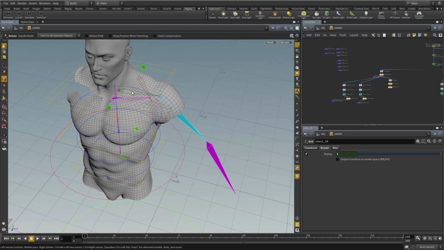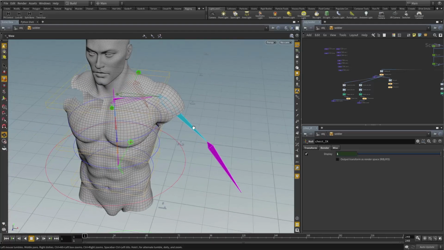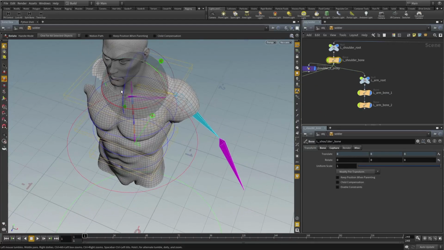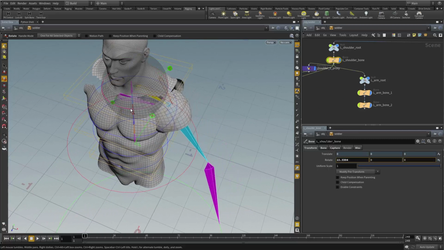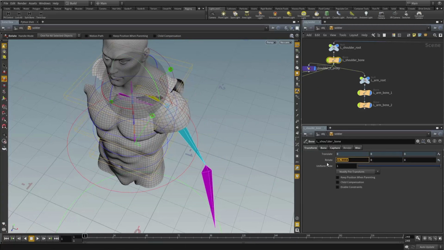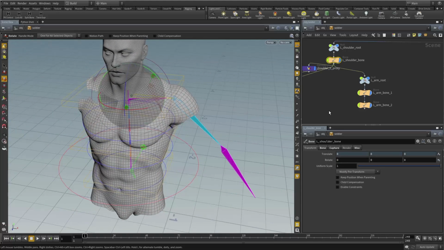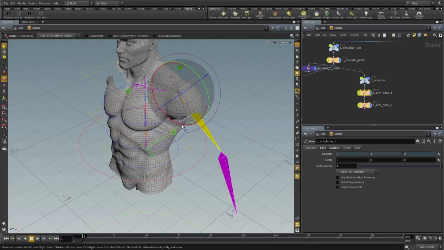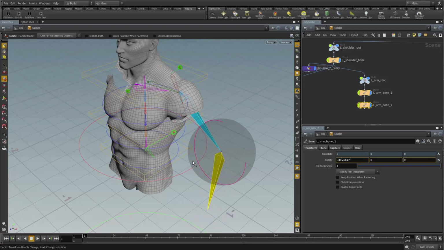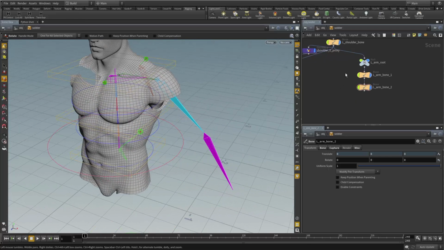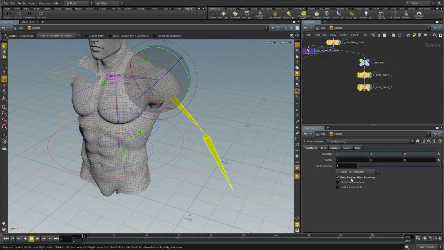Now we can start making FK controls for our shoulder bone, for our upper and lower arm bones. And you'll remember when we made our shoulder bone that we tried to make it so that it would rotate forward in the positive Z axis. But we also want to check and make sure that our arm bones do the same thing, and I don't think that they do. No, we've got a negative there, and on the lower bone, also negative. So we want to fix that, and the easiest way to do that is to select both bones, turn on keep position when parenting,